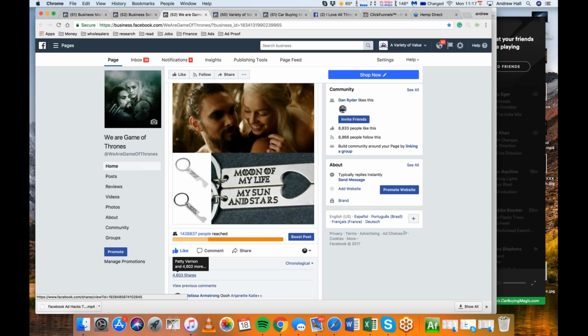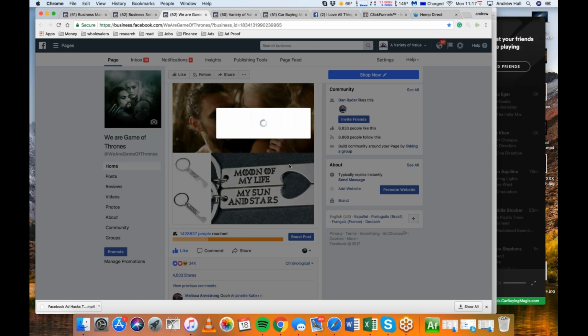I think you can even do it to shares, because people that share the post are also more engaged on this post. And then once you build up a following of 10,000 people, you can just remarket to the people that liked your page.